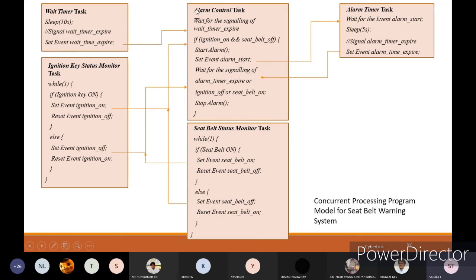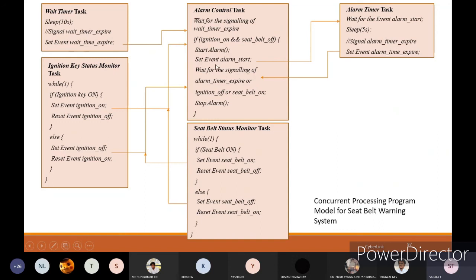In the alarm control task, wait for the signaling of wait timer expire. If the timer has expired, whatever time we have given, that is 10 seconds, check: if ignition is on and seat belt is off, start the alarm.